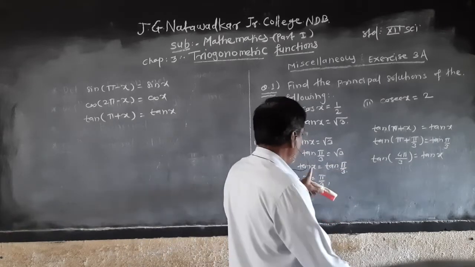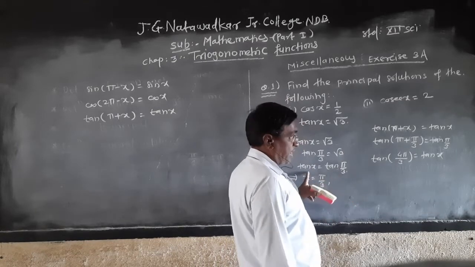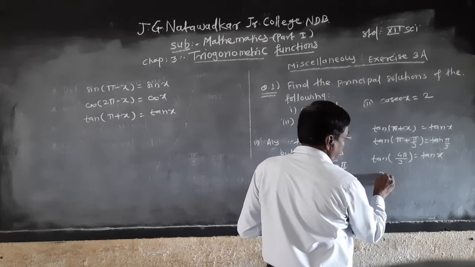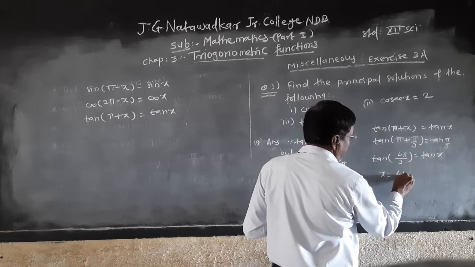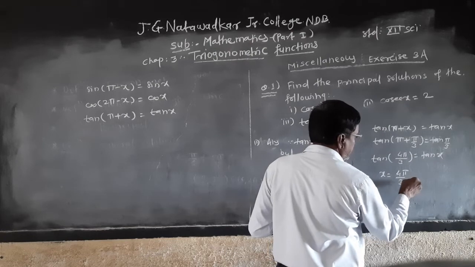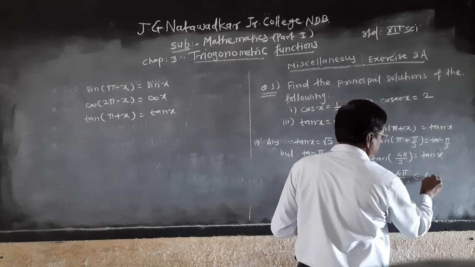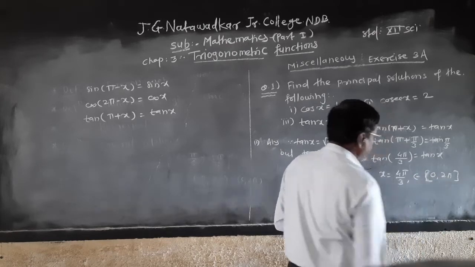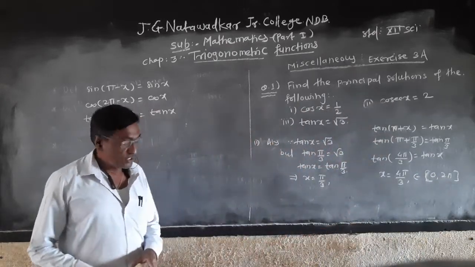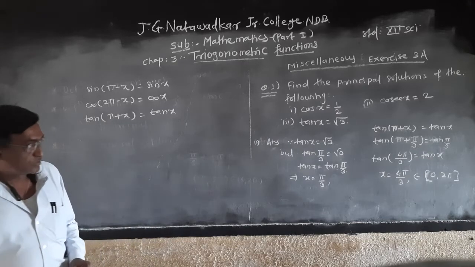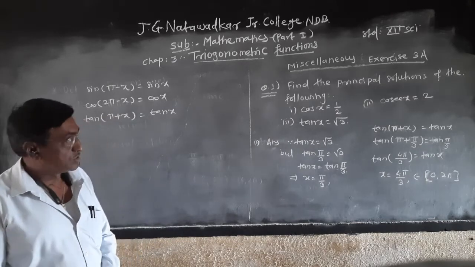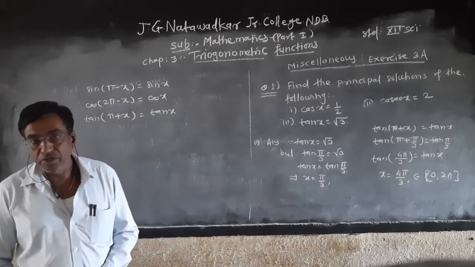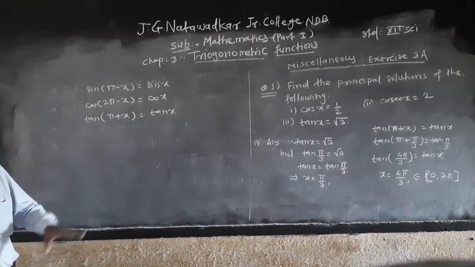Now the value of tan x is tan pi by 3, I will substitute this value. And therefore x is equal to 4 pi upon 3, and this also belongs to the closed interval 0, 2 pi. Otherwise, this 4 pi upon 3 is greater than 0 and less than 2 pi, and that's why it is also a principal solution. And hence, this is how we solve the trigonometry equation if you are given positive values, and so we solve this like this.